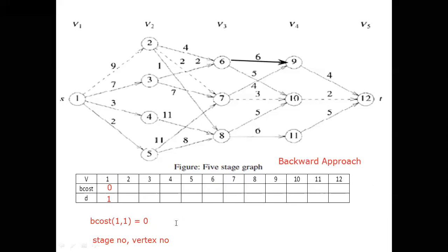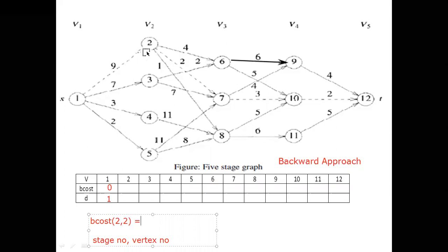I hope it is clear. If you are not clear, don't worry. You will clearly understand once we go to the second stage, second vertex. Clear? Now I will go to the second stage, second vertex. The values I don't want, I will remove. Right. Now which is the stage number? Second stage. That's why I will write it as 2. Which vertex are we going to find? The second one. 2.